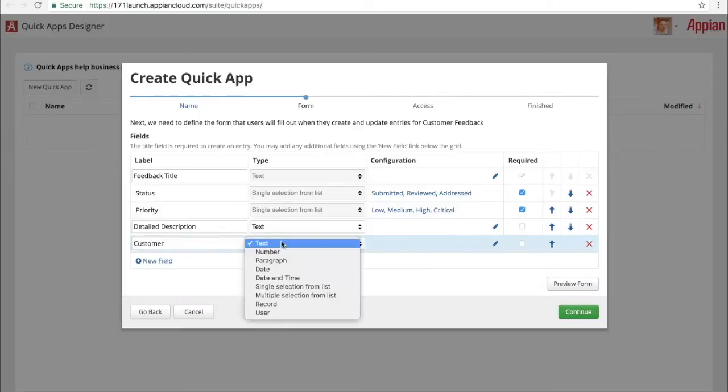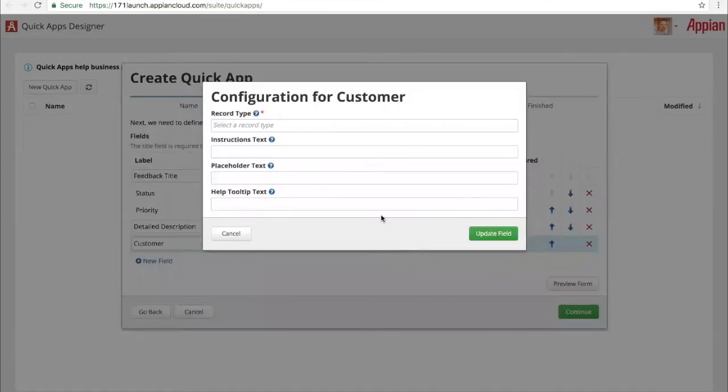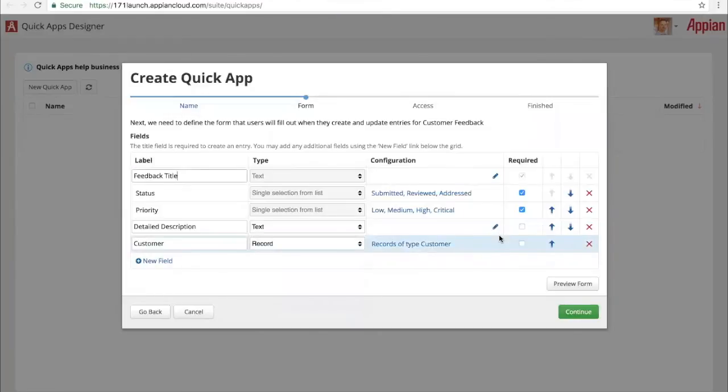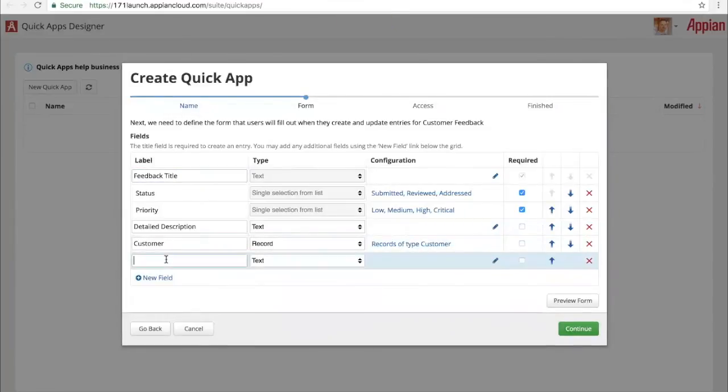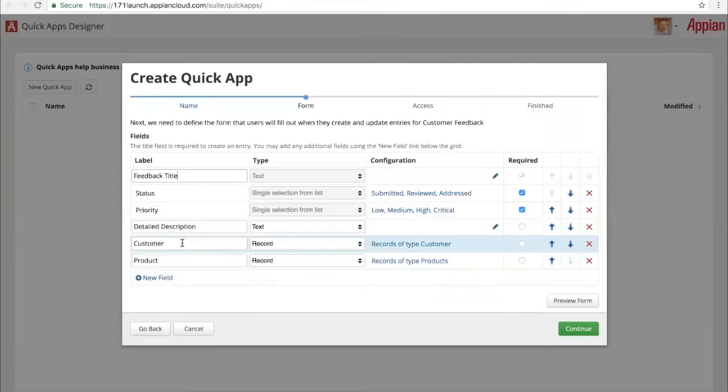Now, since Appian is this connected environment, since we're going to unite all your legacy systems and existing systems, I can say, well, I want to attach to one of my existing records. Appian also ships with out-of-the-box connectors, so Salesforce, SAP, Microsoft Dynamics. I could go ahead and very quickly search those other environments and attach that customer record right here, which might be coming from, say, Salesforce. I can also say, well, they can provide feedback on the products as well. That's going to be another record. And let's say, again, associate it to my product record. Again, that might be coming from my product catalog in SAP.